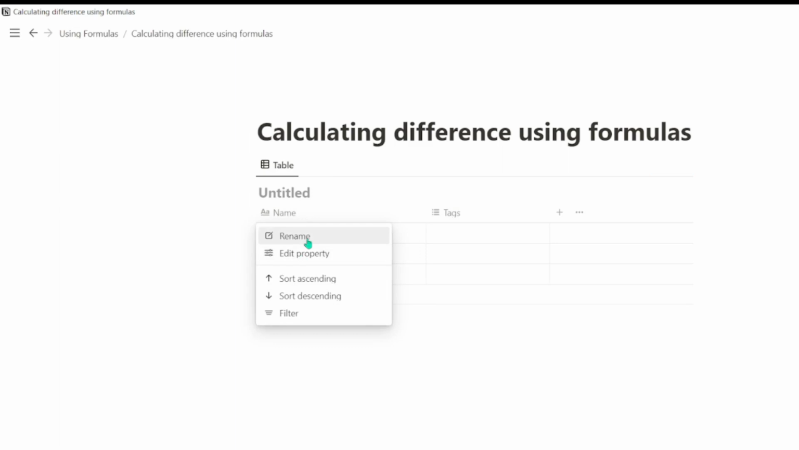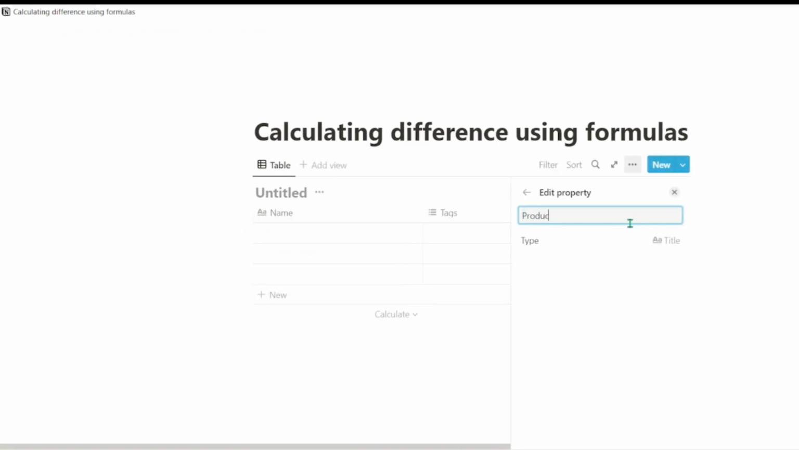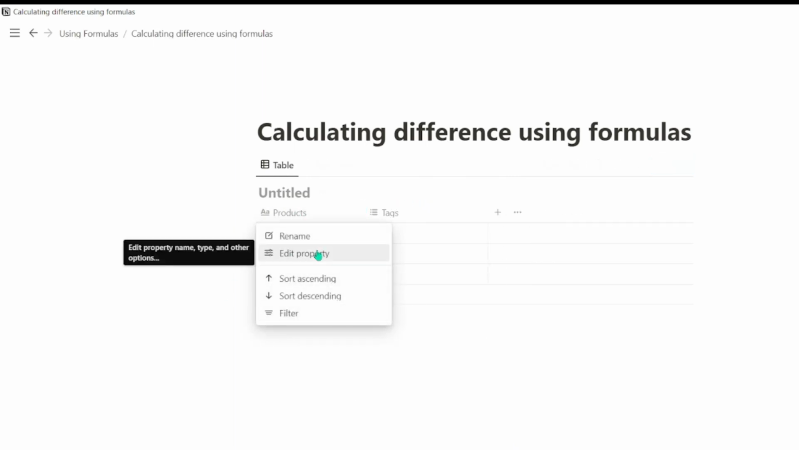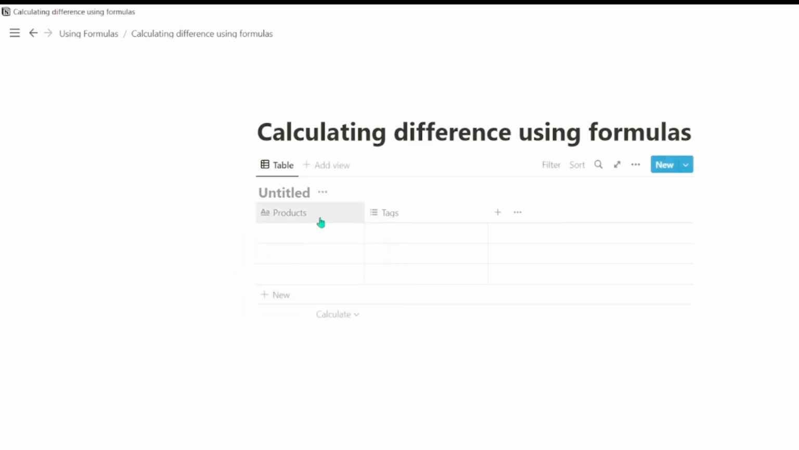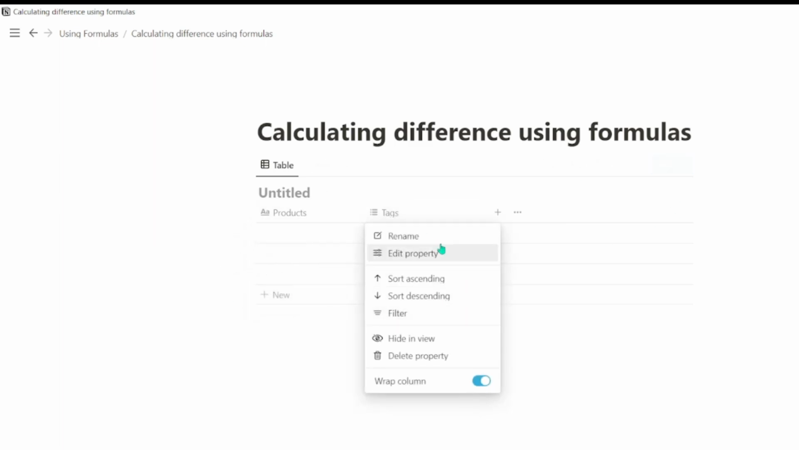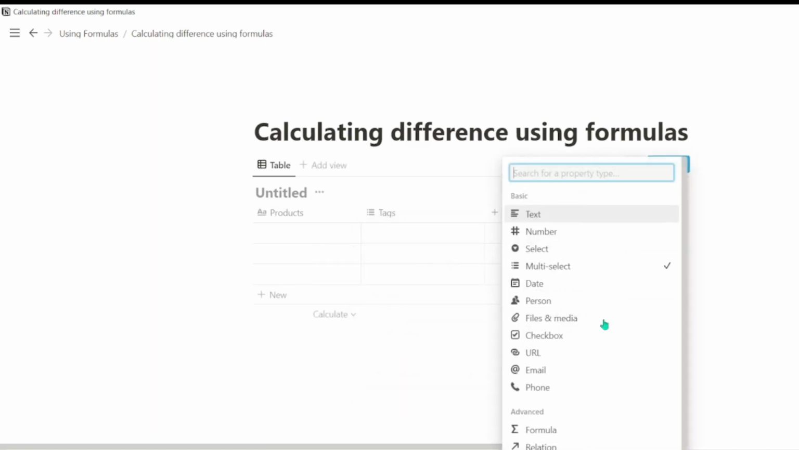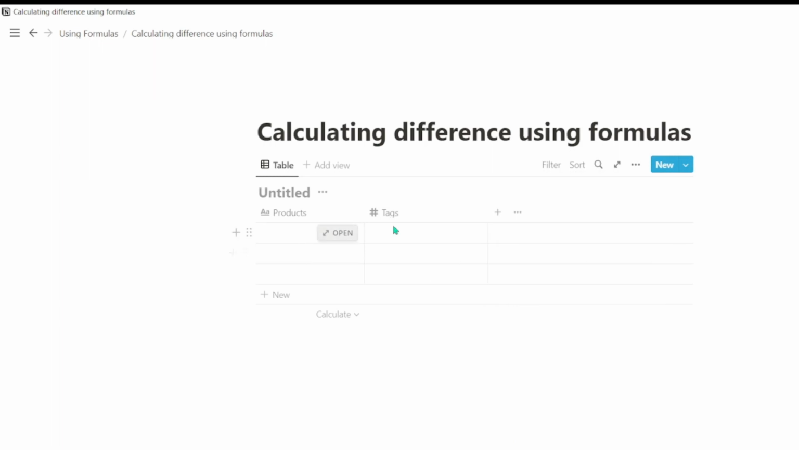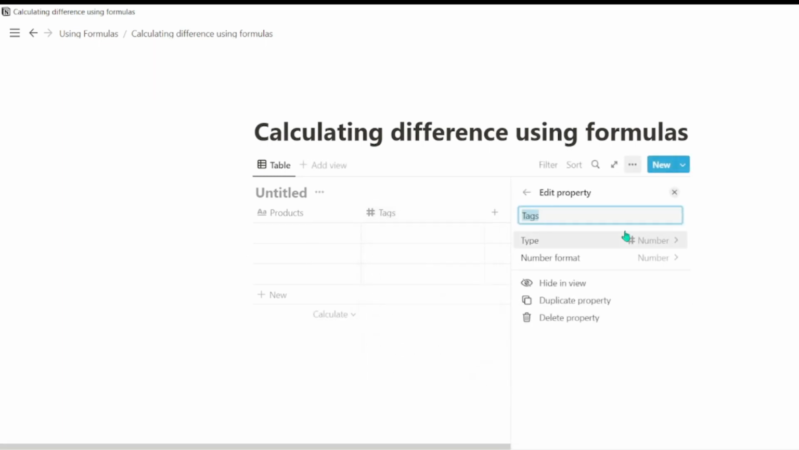a column called products. We can keep it as a different property, but we are keeping it as text right now. The second thing is we need to go to edit properties, change the type to number, and then just change the name to available products,